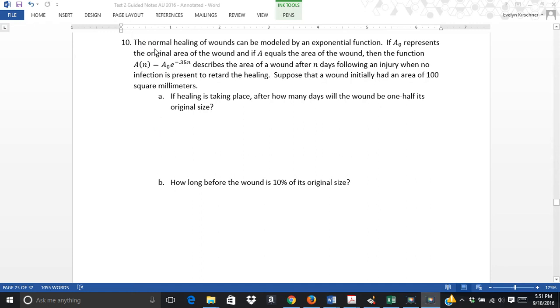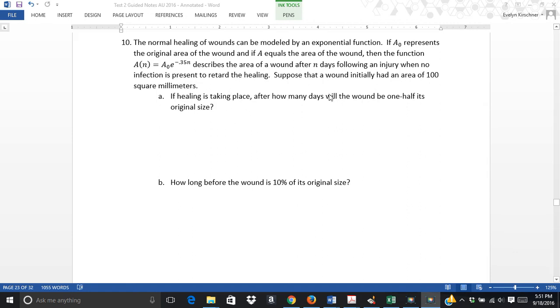I have this example. The normal healing of wounds can be modeled by an exponential function. A naught represents the original area of the wound. A equals the area of the wound, and the function A equals A naught e to the negative 0.35 n describes an area of a wound after n days following an injury when no infection is present to retard the